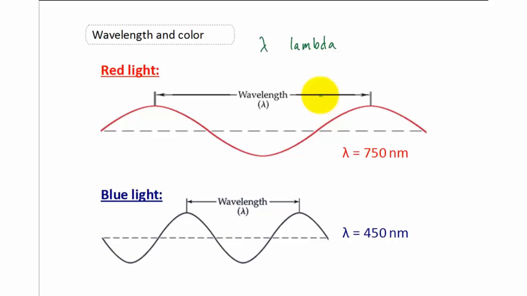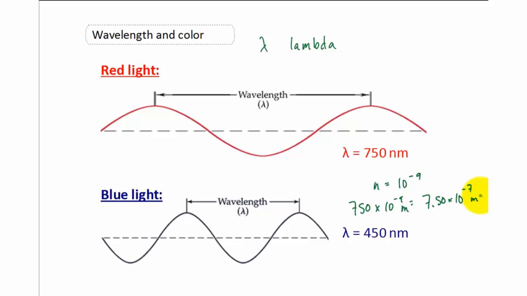So the wavelength of visible light is on the order of hundreds of nanometers, and nano means 10 to the minus 9. So 750 nanometers, if I do 750 times 10 to the minus 9, that's meters. That's the same as 7.50 times 10 to the minus 7 meters,